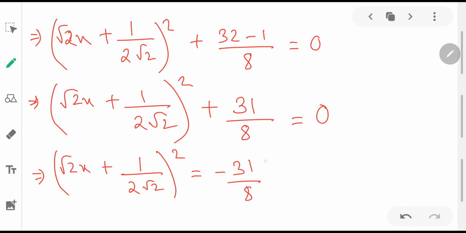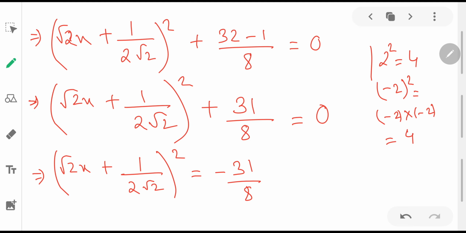See, here we have got a contradictory statement. Why? Because the square of any number is always positive. So let's say we take 2 square. 2 square is how much? 4. If I take minus 2 whole square, what will be the answer? Minus 2 into minus 2, minus minus is plus, so we will get positive. Therefore, if we square any term, we will always get a positive number. But here we are getting the square of a term as negative. Therefore, we will not get any real roots here.